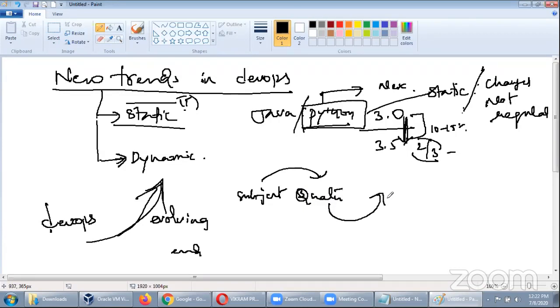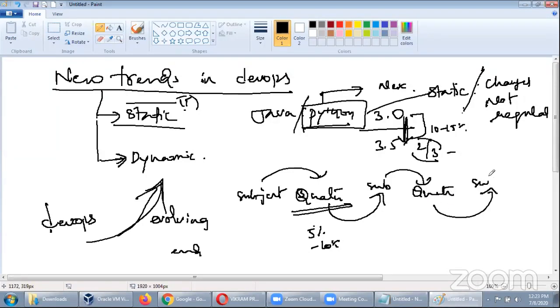Again, get updated, improve your subject. The changes will not be huge, guys, only 5 to 10%, less than 10%. In the next quarter you may have new changes. Again, get updated and move on.